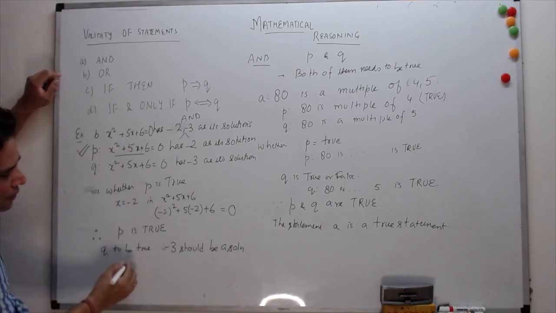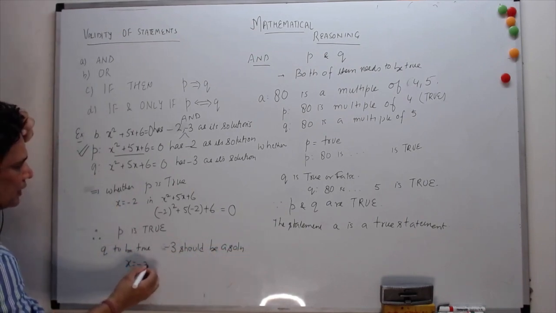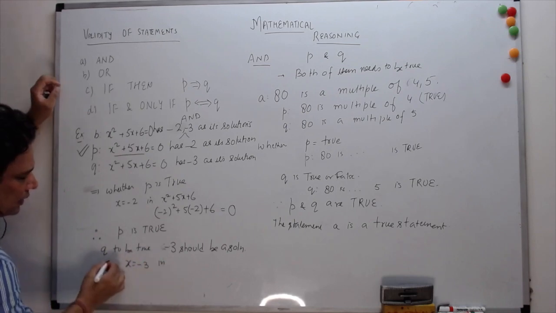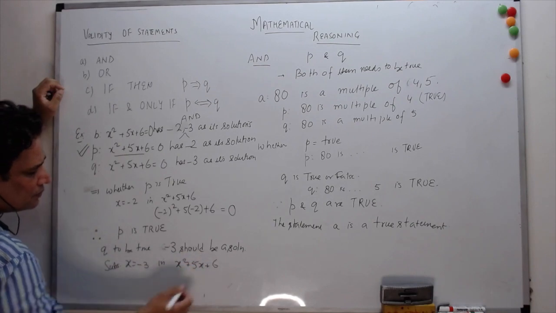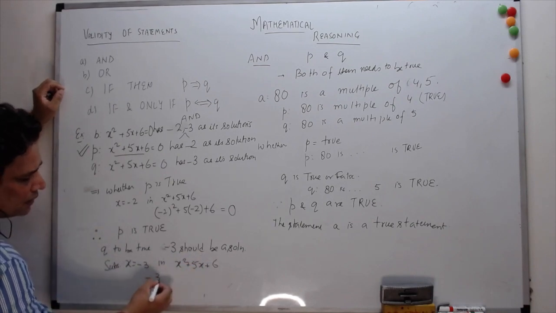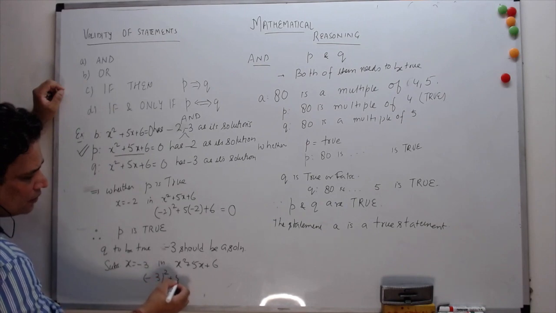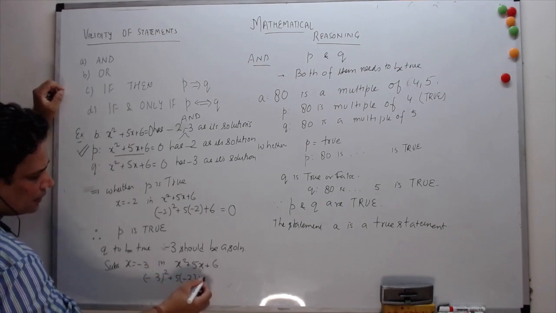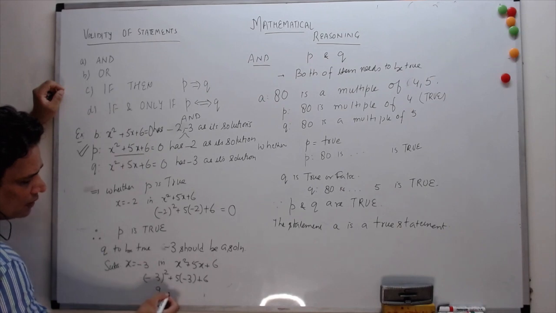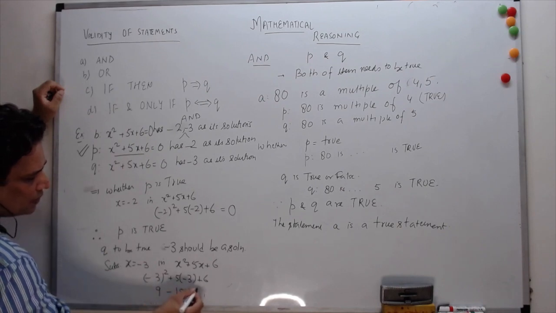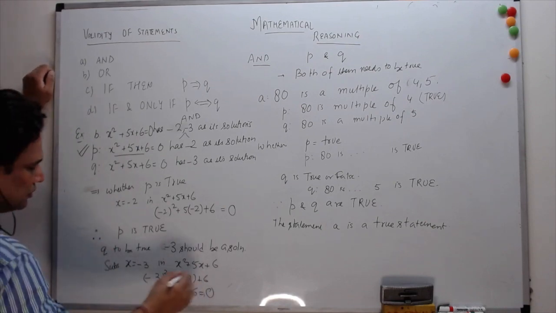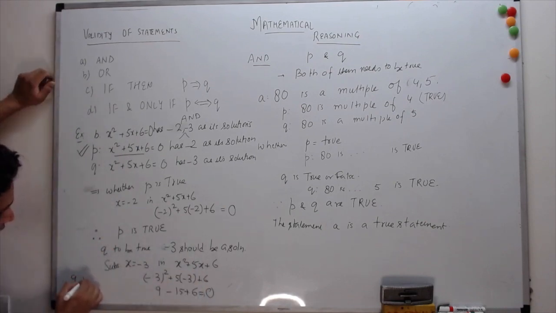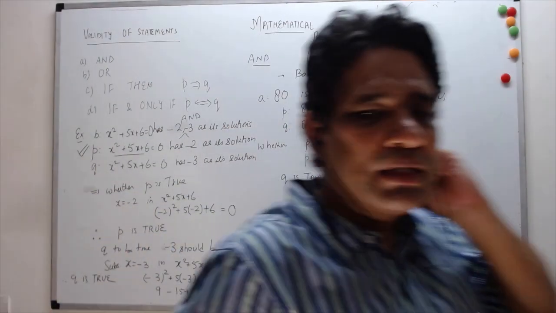So if you look at it, again, x equals minus 3. Substituting into x squared plus 5x plus 6, we get minus 3 squared plus 5 into minus 3 plus 6. So that gives you a 9. This is negative 15 plus 6, which again evaluates to 0. So we can say that Q is also true. Therefore, Q is true. Now, knowing that P is true and Q is true, we can say that the entire